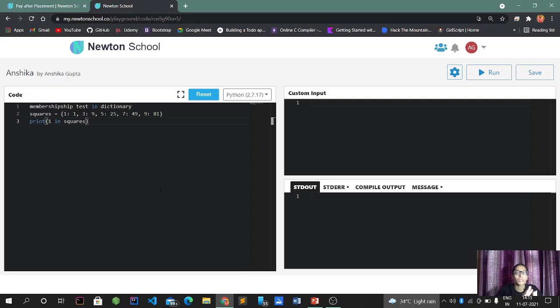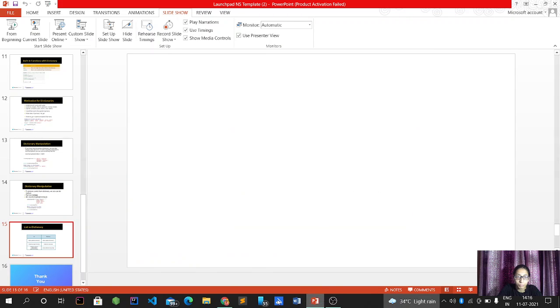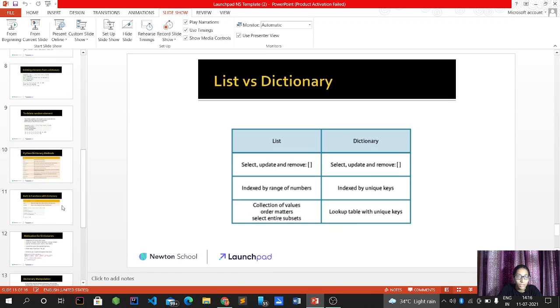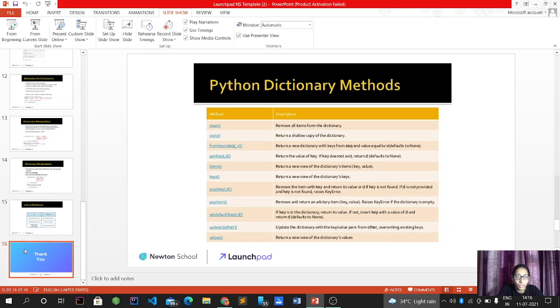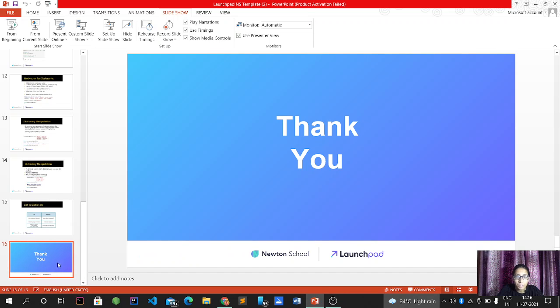So the final confirmation of this is the membership test or the type methods in dictionary: it will have built-in functions like all, any, sorted, length, comparison, and all will work with a different task according to the description mentioned in this chart. And this is very, very important to learn about the Python dictionary methods. Okay, I hope you all are clear with the concept of type methods in dictionary.